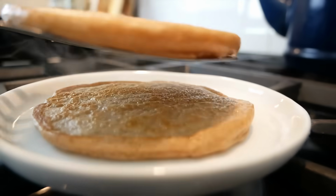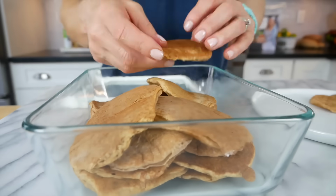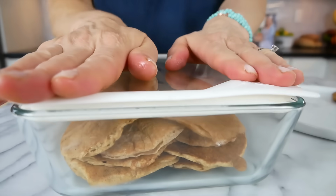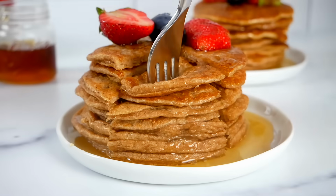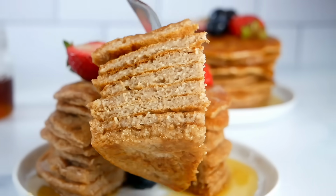This is another high protein cottage cheese recipe that's perfect for meal prep, and I love serving them with some extra berries and some maple syrup over the top, but you could really use any pancake topping that you love